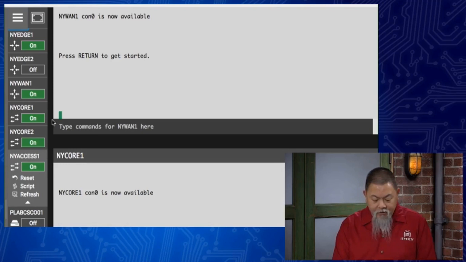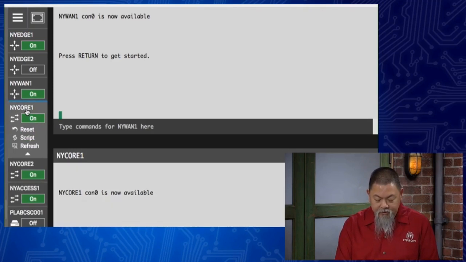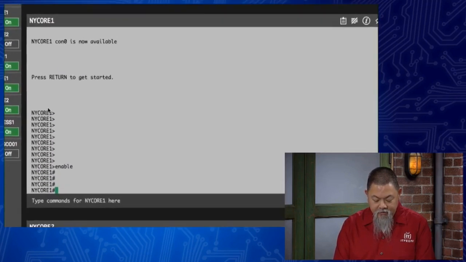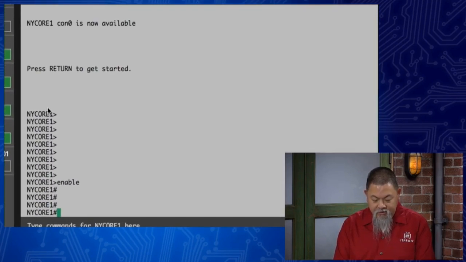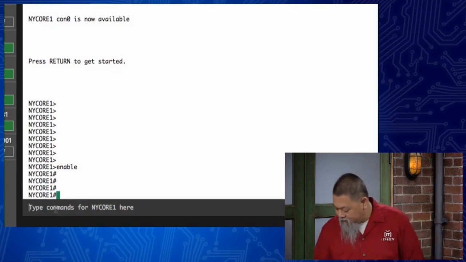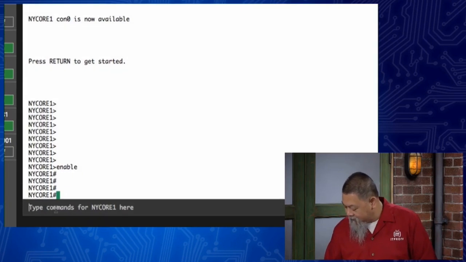So over on NY Core 1, let me select NY Core 1, and that will bring me here, and then I'll zoom in just a moment so that we can see this a little bit better. Okay. So now that I'm zoomed in, I am now ready to assign Fast